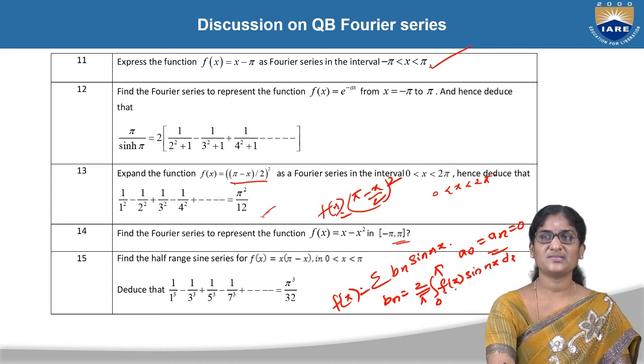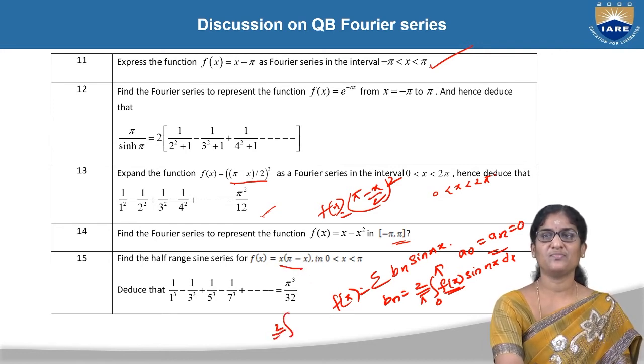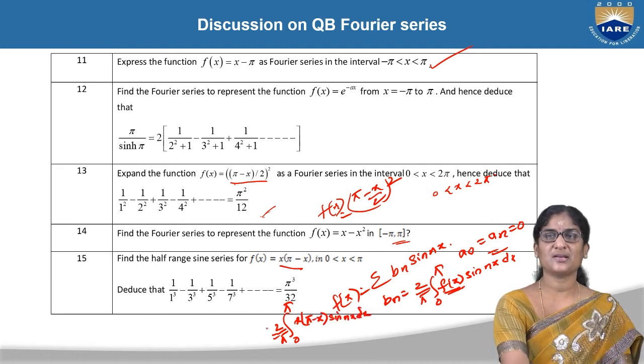nx dx. What is f of x? He has given this value, that is x into pi minus x square. So what you are going to get is 2 by pi integral 0 to pi x into pi minus x into sine nx dx. Again we can make use of integration by parts,